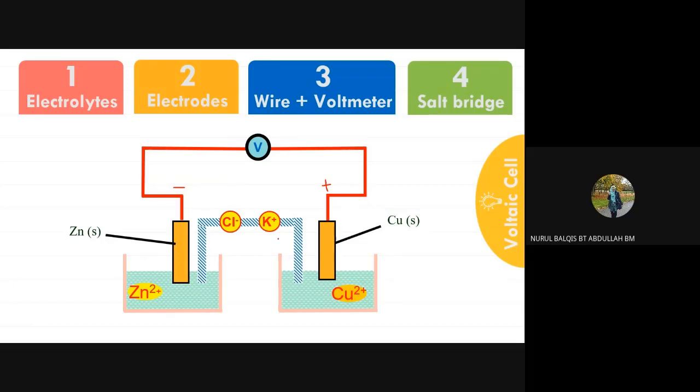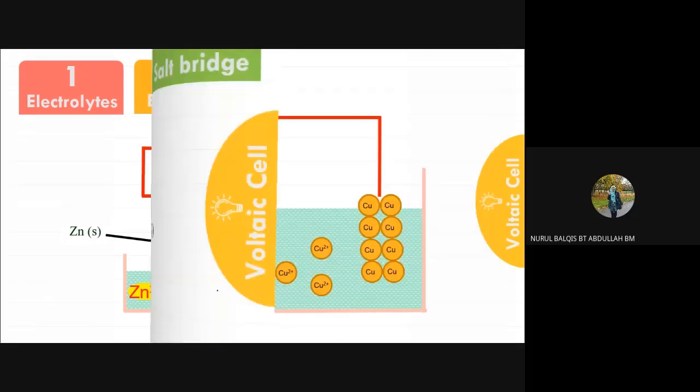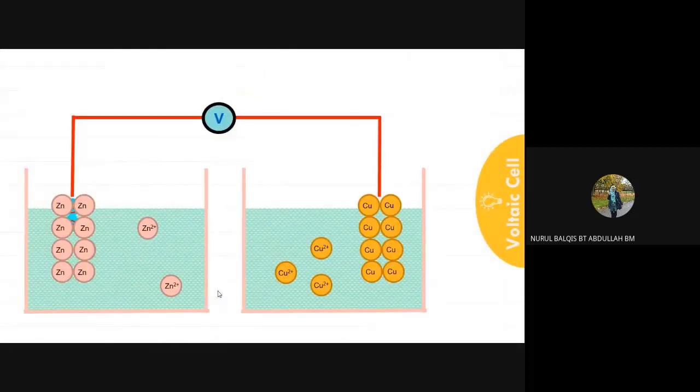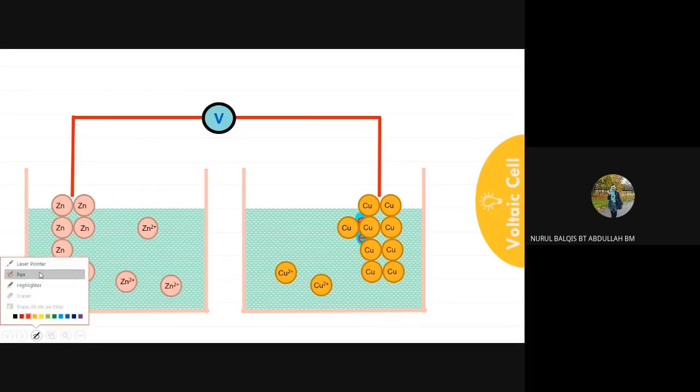Why do we need a salt bridge? They want to maintain the neutrality of the solution. What do we mean by maintaining neutrality of the solution? Let's look at the animation a little. So, zinc as the negative terminal will release electrons. When it releases electrons, what kind of reaction will take place? Oxidation or reduction? Oxidation. So, zinc releases electrons. When they reach the copper, what reaction will copper do? Reduction. Reduction, because from the electrolyte, Cu2+ will move to the electrode to accept